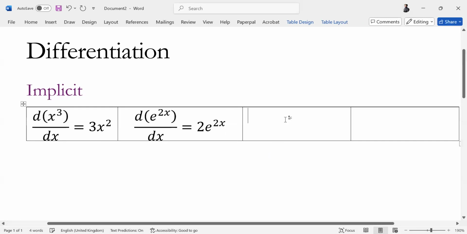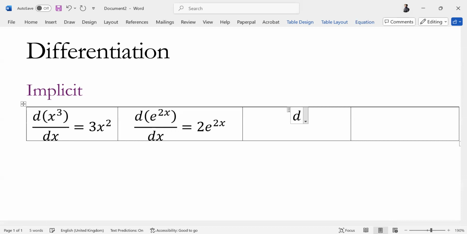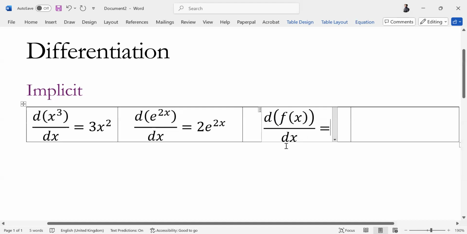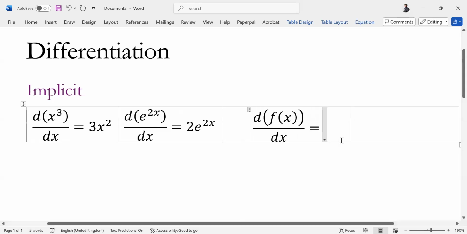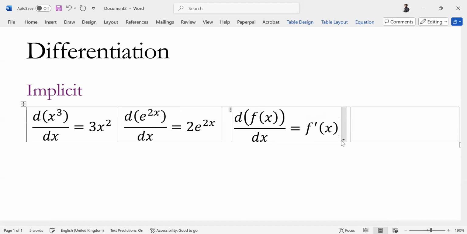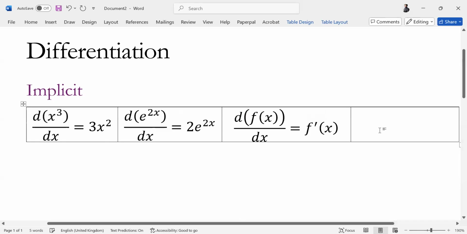Now, if I ask you for the derivative of f(x) with respect to x, what is that? What is the derivative of f(x) with respect to x? F dash x. Isn't that right? इसी तरह if I ask you